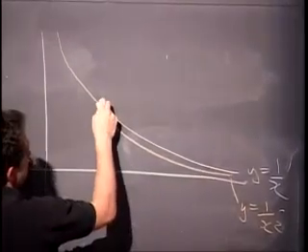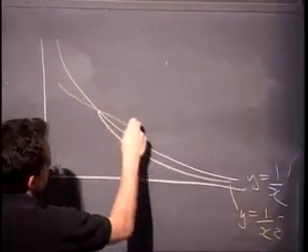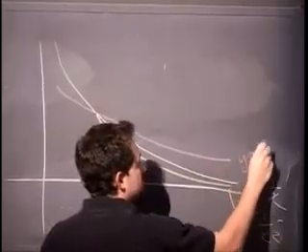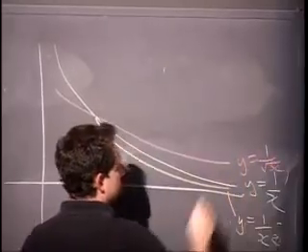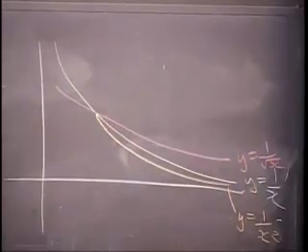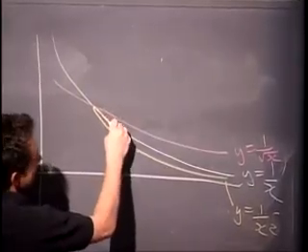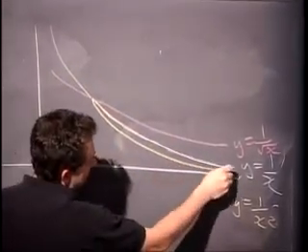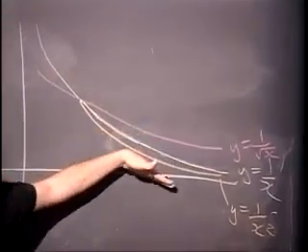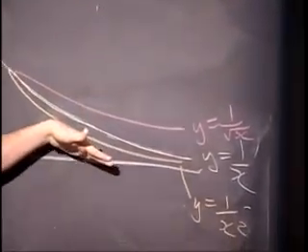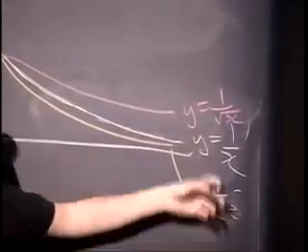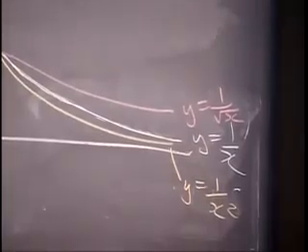One over root x is bigger. And somehow, out of all this family of functions, 1 over x is the threshold. Anything smaller than that from amongst this family, such as 1 over x squared, or even 1 over x to the